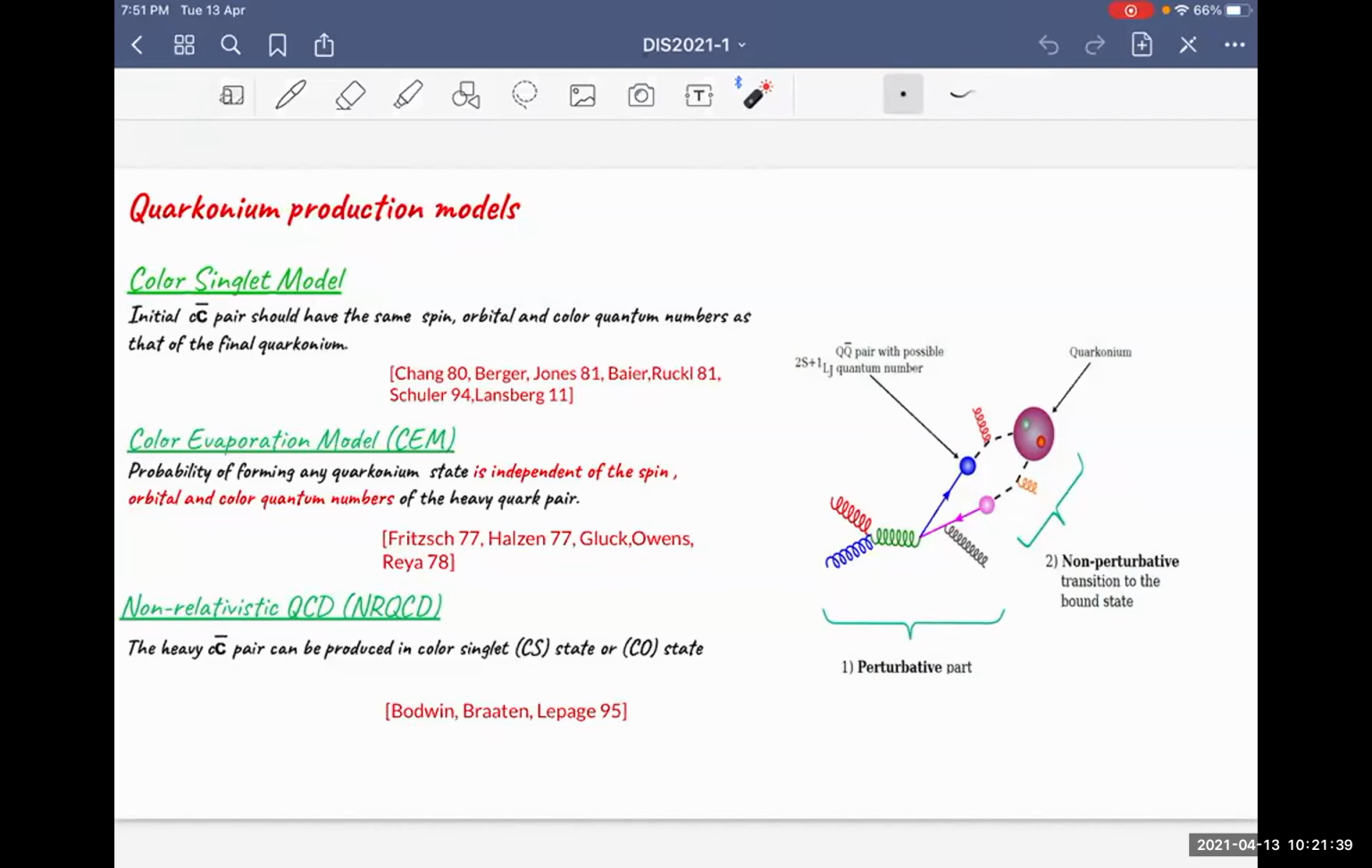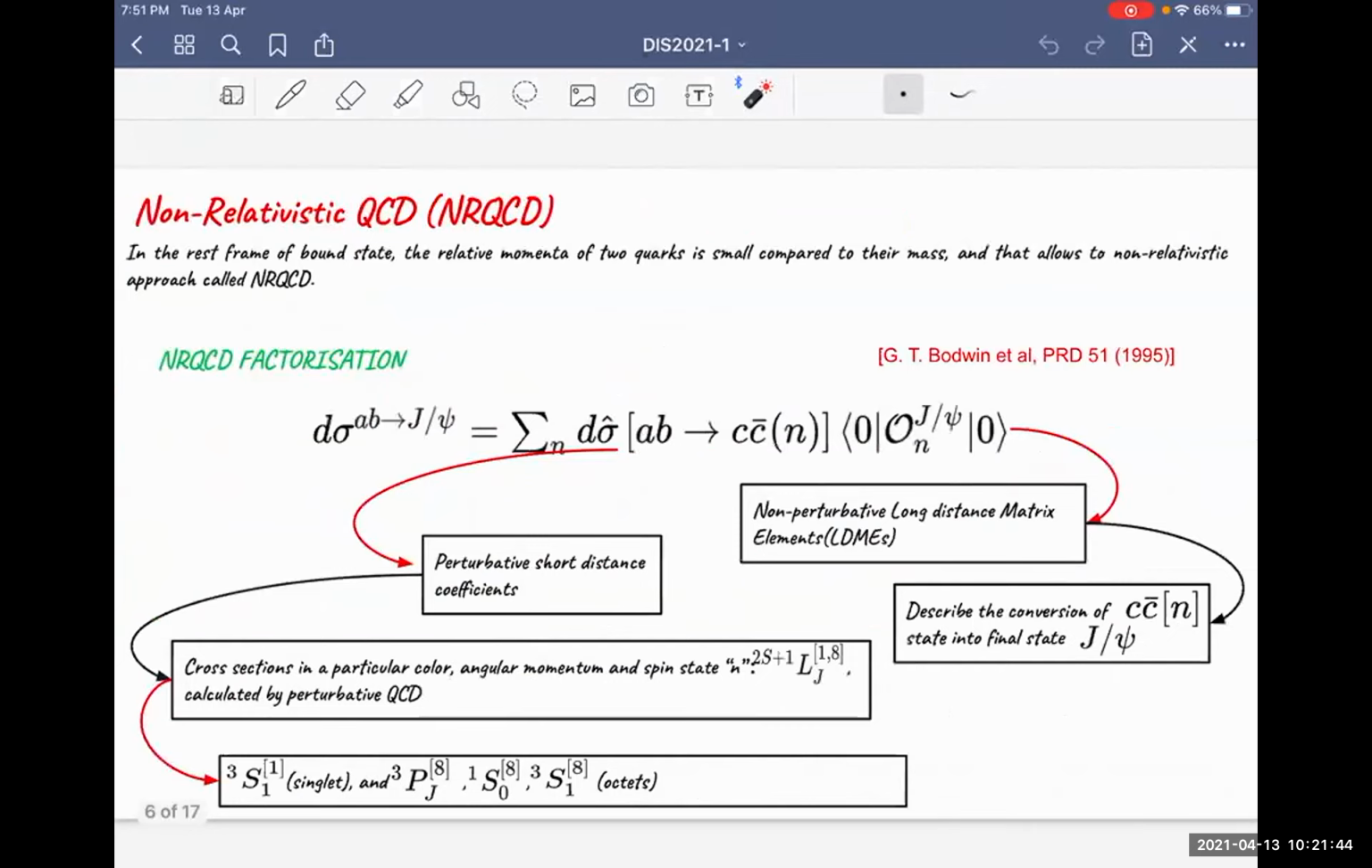However, in all these models, the hadronization process varies. So we have taken the NRQCD model into consideration for the J/psi production. In the rest frame of the bound state, the relative momentum of the two quarks is small as compared to their masses. So we could apply the NRQCD factorization theorem to the differential scattering cross section,